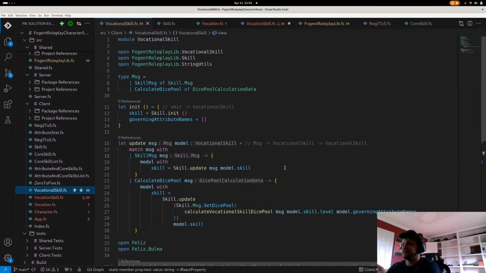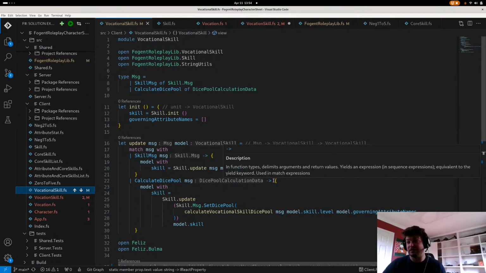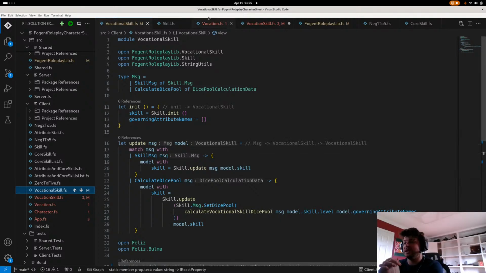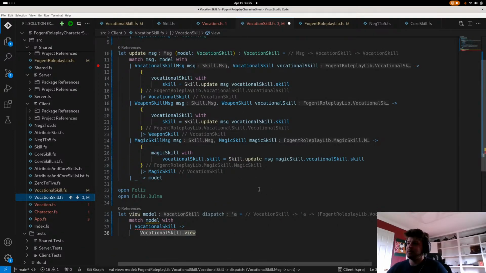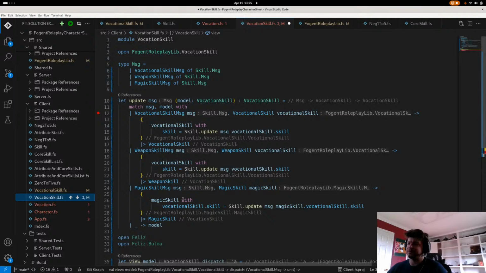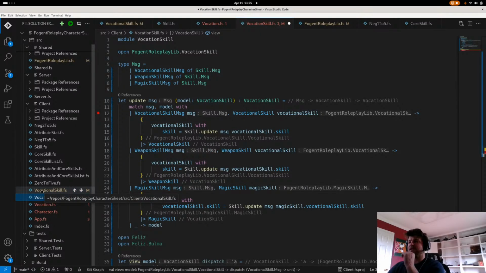Okay, cool. So I just figured out something here. We can dramatically simplify our UI here. We actually don't need to make a separate case for vocational skill, because vocation skill here is handling the breaking apart of these different messages that we can do. All we actually need to do